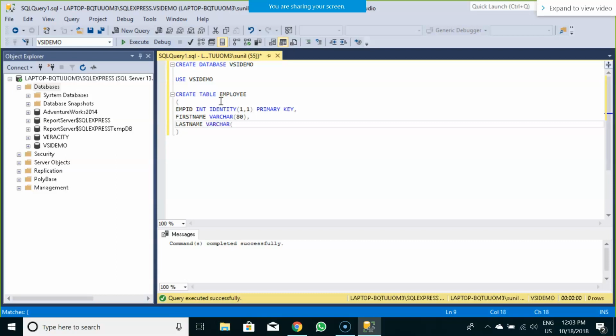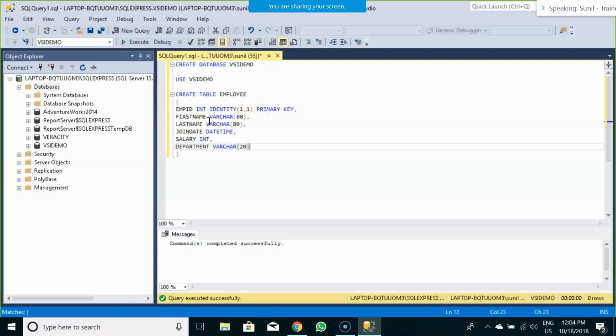You guys can see what I'm typing, right? I'm trying to create a table employee wherein I would be having a column as employee ID, which is a unique key, and that unique key I have defined as primary.